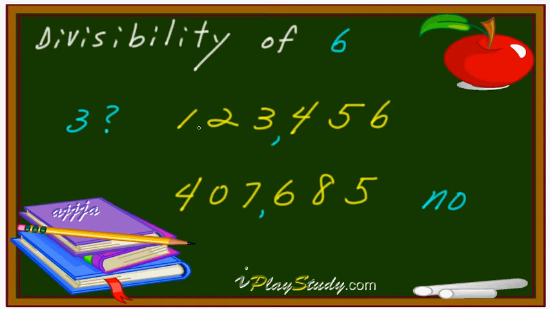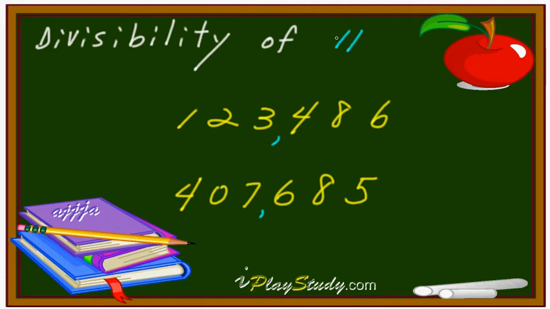Okay, we check. 1, 2, 3, that's 6. Then 10. Then 5, that means 15. 15 plus this one, 21. 21, again: 2 and 1, you add again. That's 3. That's good. That's why this one is divisible by 2 and 3, both. That's why it's divisible by 6. That's good. Yes.